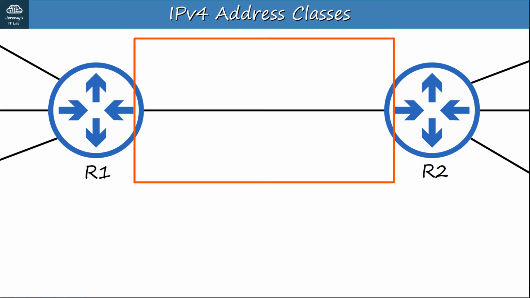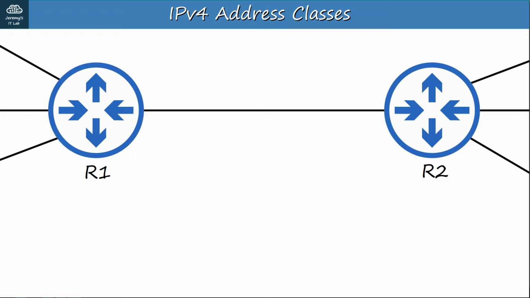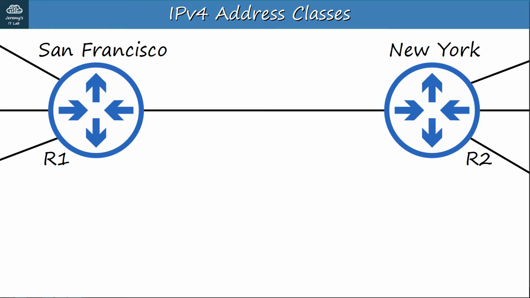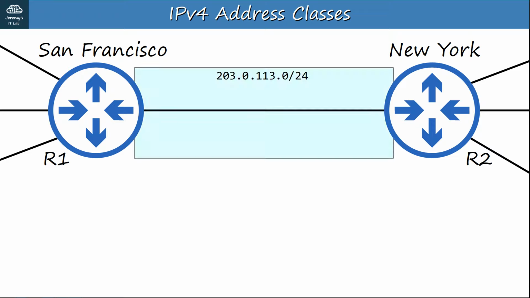However, there is one more network here. That's this network connecting these 2 routers. This is known as a point-to-point network, meaning that it's a network connecting 2 points, in this case R1 and R2. For example, this might be a connection between offices in different cities, let's say San Francisco and New York. So, because this is a point-to-point network, we don't need a large address block. So let's use a Class C network,